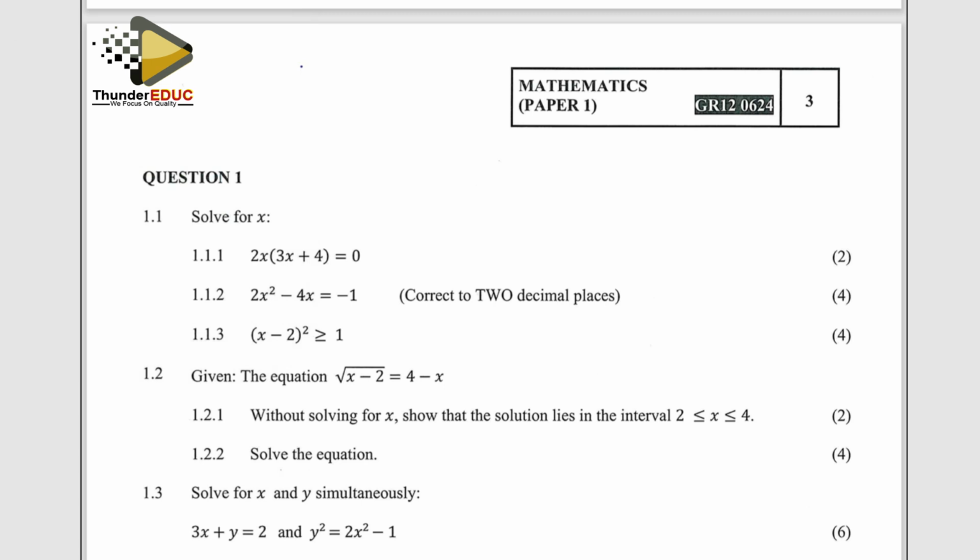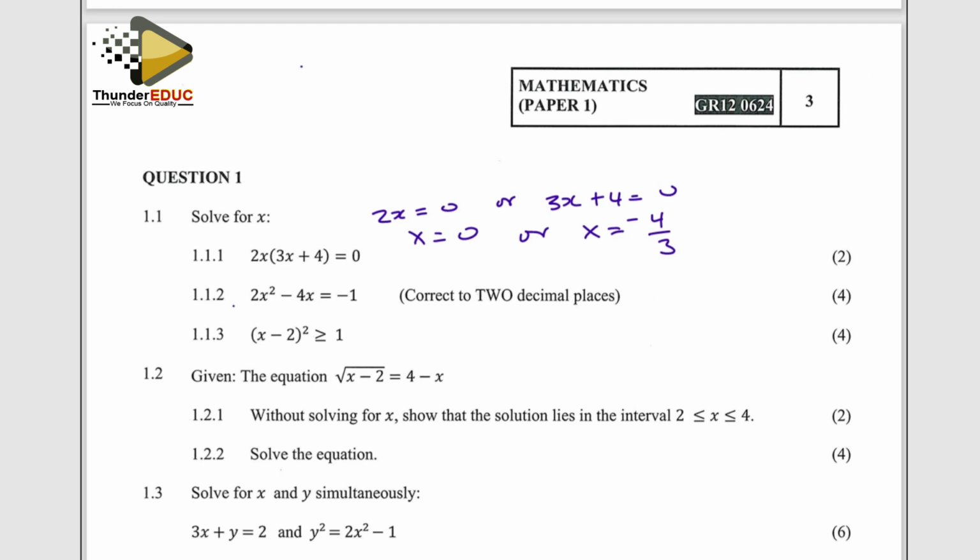Okay, it's a dot product, so we can just say that 2x is equal to 0, or 3x plus 4 will give us a 0. So in this case, x is going to be a 0, or our x is going to be a negative 4 over 3. Okay, so it could be negative 4 over 3, or someone could say negative 1,333, no problem. Then